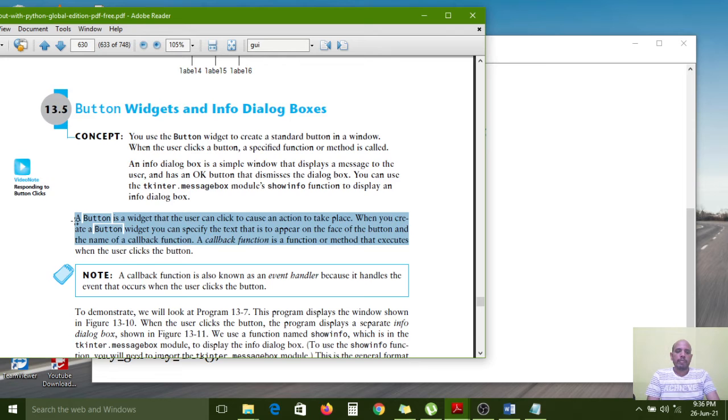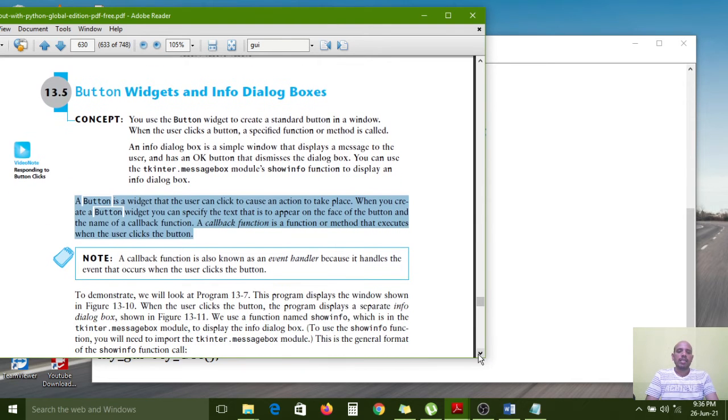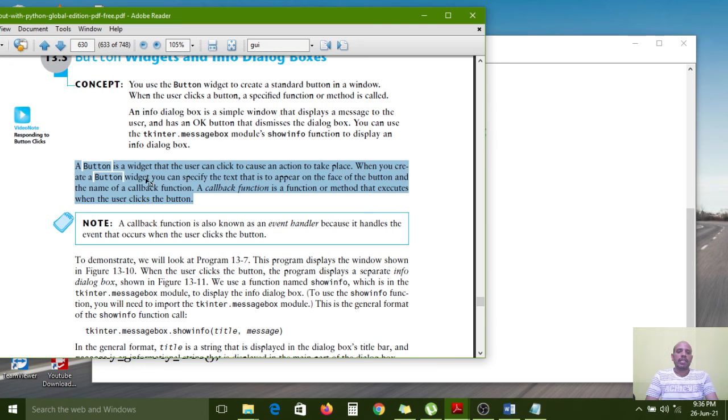Here is a button widget that the user can click to cause an action to take place. When the user clicks the button, it will cause an action to take place. When you create a button widget, you can specify the text that is to appear on the face of the button.